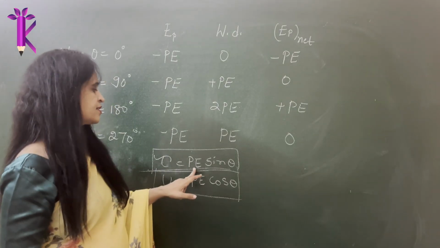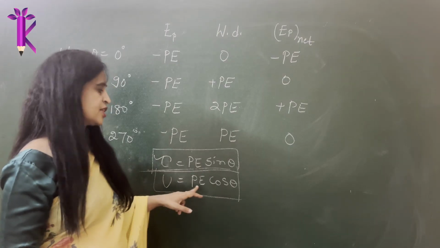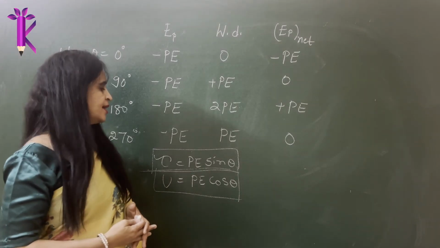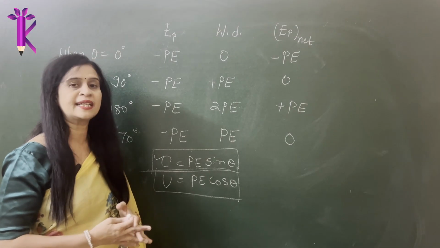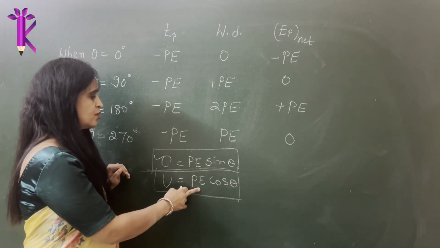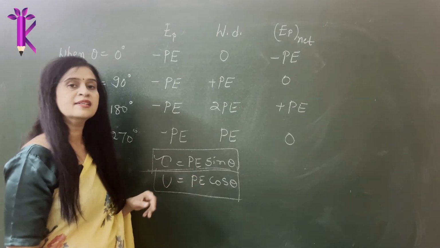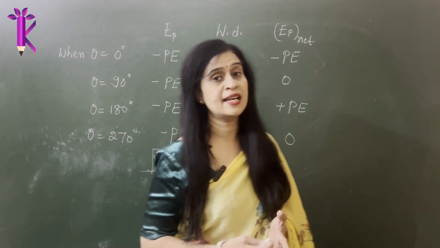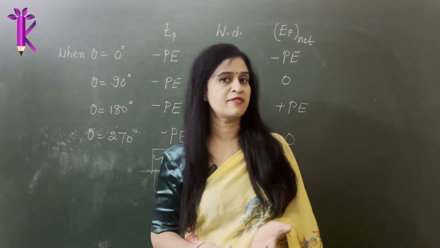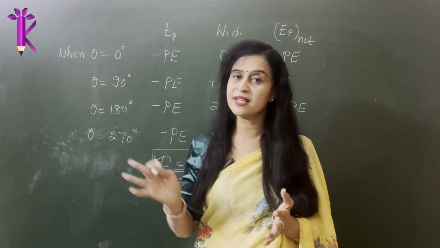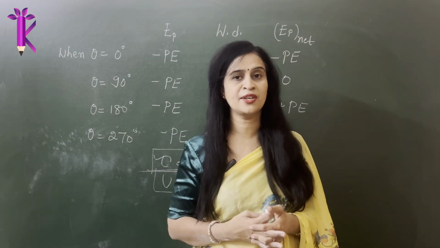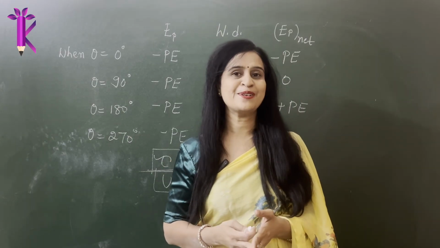Also remember, torque is given by P × E, which is P E sin theta, and potential energy is given by minus P · E, which is minus P E cos theta, where P is the dipole moment and E is the electric field. This is the dot product and this is the cross product. This is a vector, this is a scalar. So when you have a scalar, we consider the dot product. When you have a vector, you consider the cross product. Make a note of this, pause it, write it down in your notebooks. It will be really helpful.